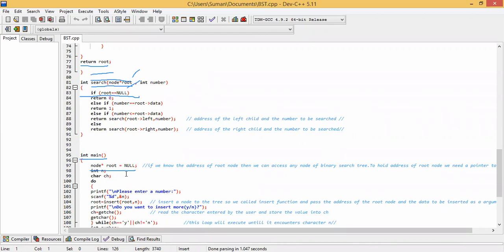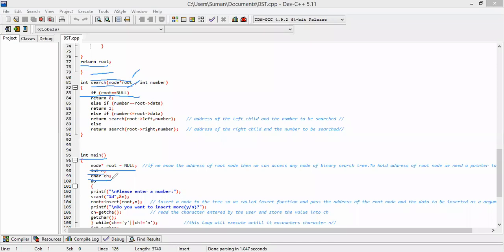Yes, sir. Okay. So that's why I have done that. After that, we are taking an integer value, that is integer n, and a character value, that is char ch.